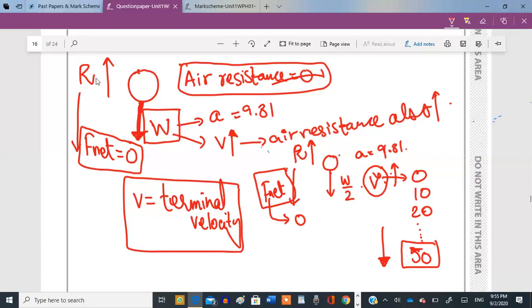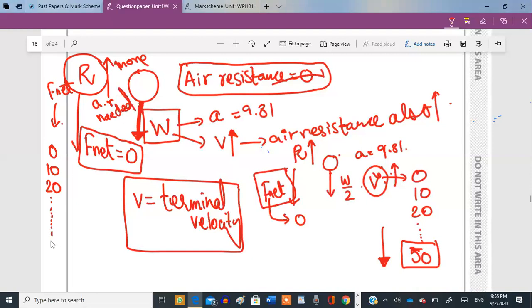Whereas if you compare this example with the ball on the left, which is the heavier ball, it will take more time for the air resistance to balance the weight. Taking more time means that the net force is present for a longer period of time. If the net force is present for a longer period of time, then the velocity, which was increasing, increased to a larger value. It was 0, let's say 10, then 20, and it kept on increasing. But since the time it took for the air resistance to balance the weight was larger, since more air resistance is required to balance a greater weight,